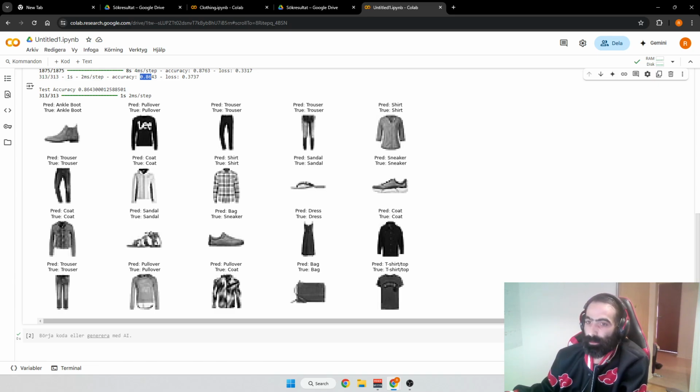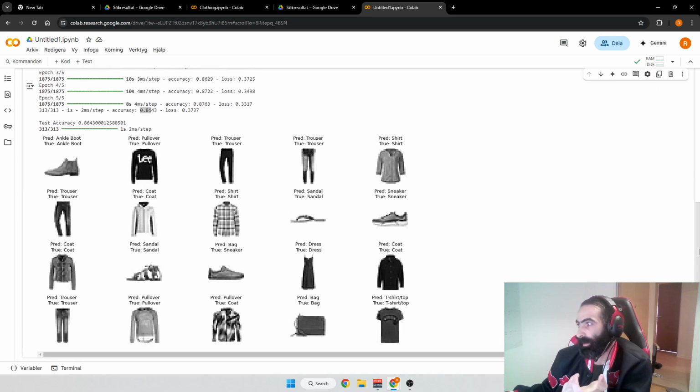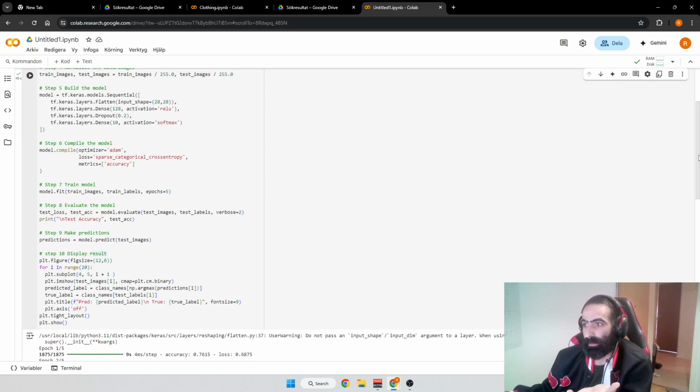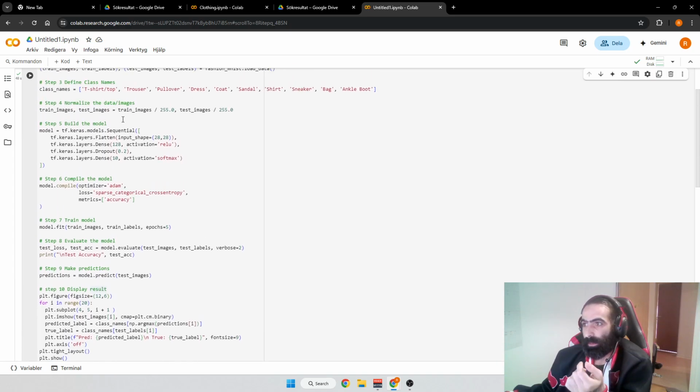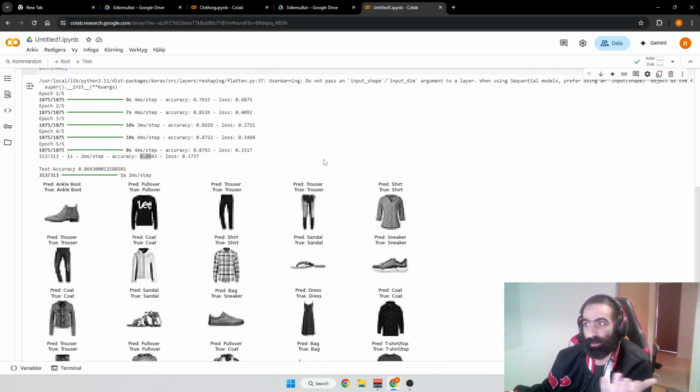Now, this is actually a good exercise for you guys, right? If you already know machine learning and are familiar with these kinds of things, what you can do is try to increase the accuracy, and you can increase the accuracy in different ways. For example, instead of 128 nodes, we can maybe use 256. Maybe we'll add another layer here. We can also increase the epochs to 10 or 20 or 50. You see that we have 5 right now, and we have 86%,